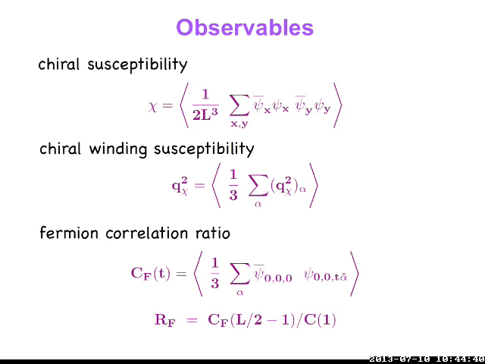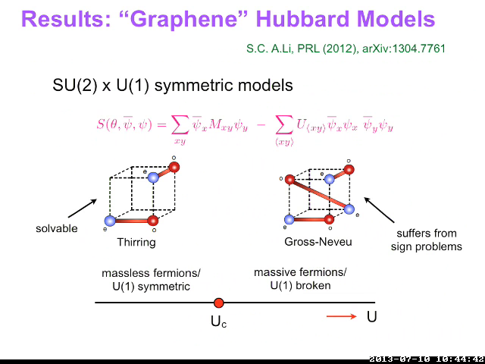Can I ask a question? Sure. Is this 2 plus 1 dimensions? Yeah, this is 2 plus 1. So if I look at the second cube, I have a non-locally timed interaction there. Is that correct? Because I think of the plane as being the x, y, and this being the time direction.